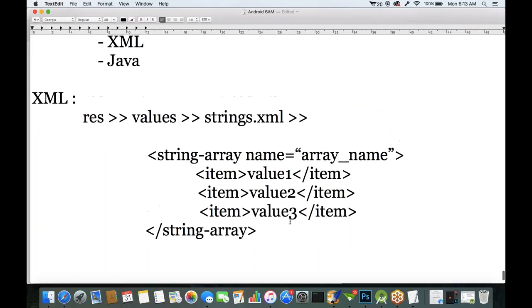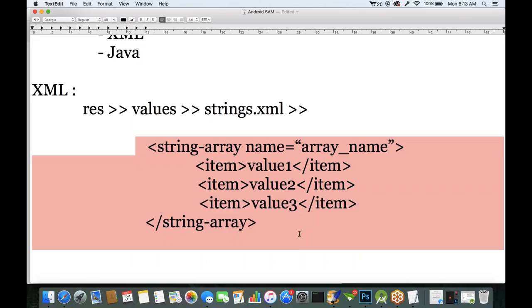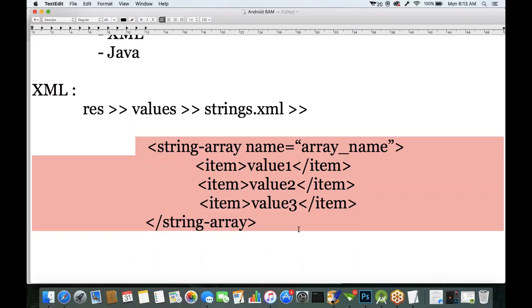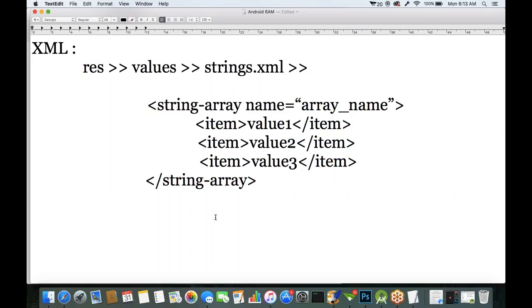Okay, this is a configuration. First, for presenting the values, we have to configure the values in the strings.xml file, in this format. This is only configuration, that's it. Next, for presenting the values,